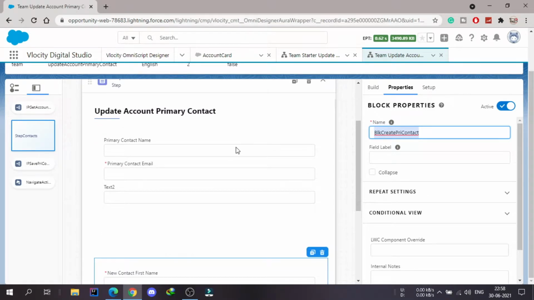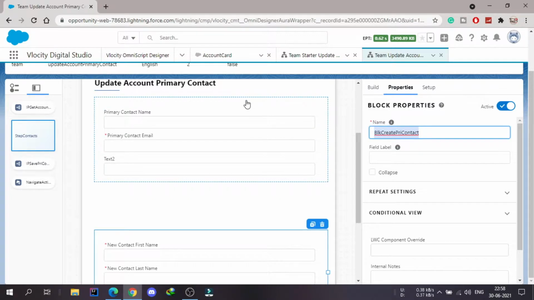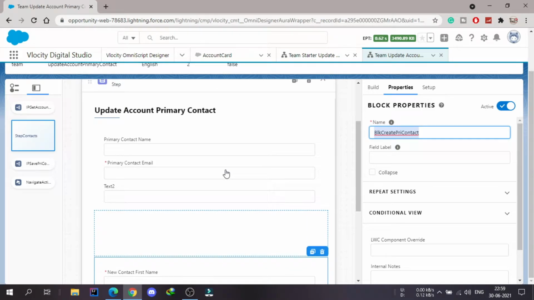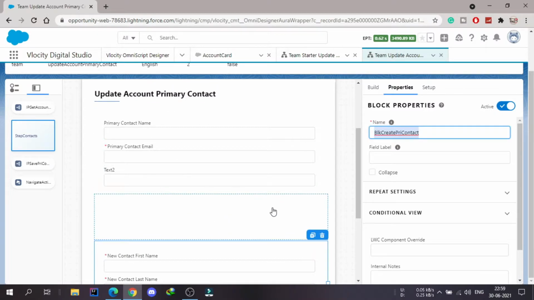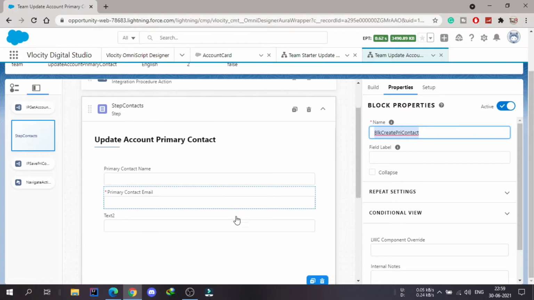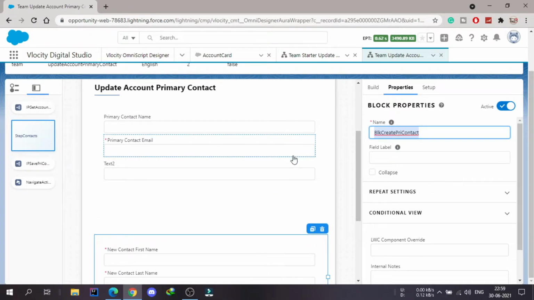But we can do only one functionality at a time. You can see that I can either edit the details, I can either use a type ahead, or I can create a new record. So I can do only one thing at a time, so we don't need all the things at the same time. So instead of showing all the things at the same time, I will use a radio button which will be used for the conditional rendering of these blocks.